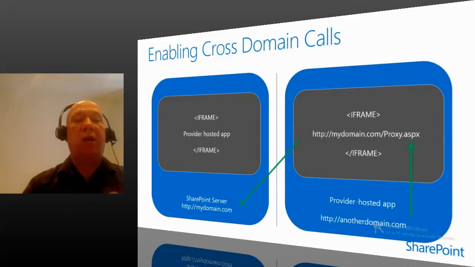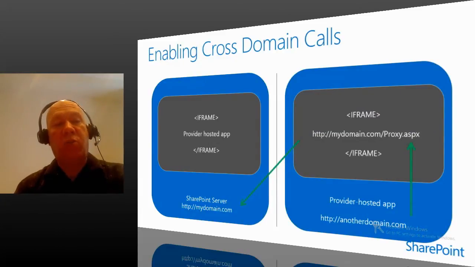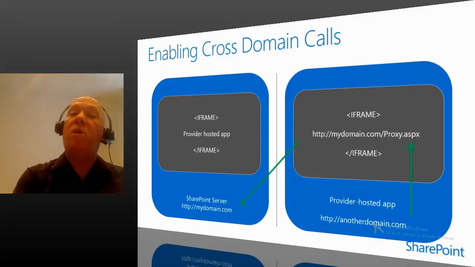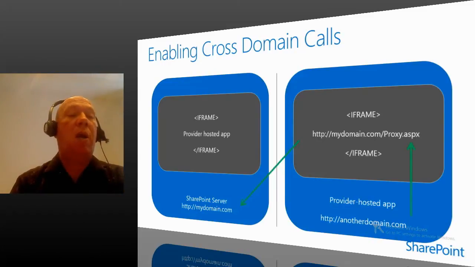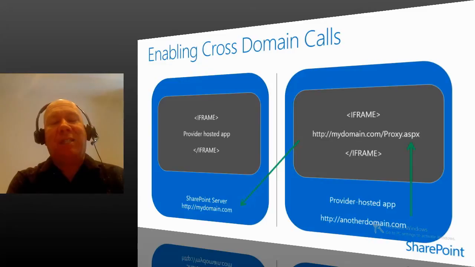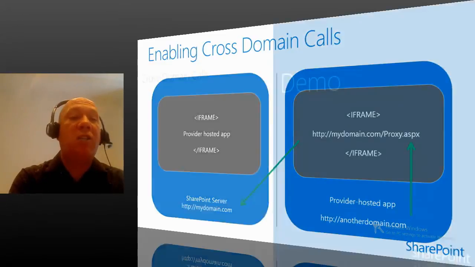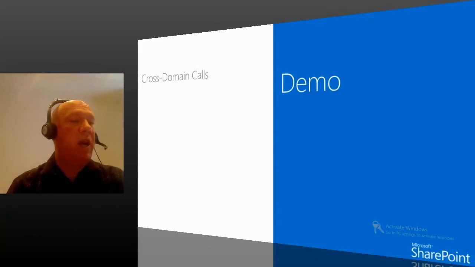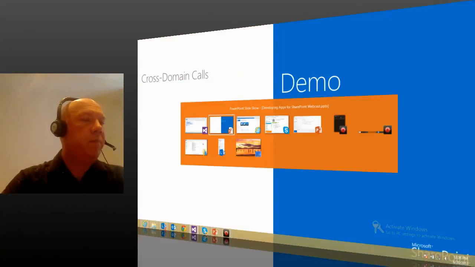And then you'll get the result back into the proxy, and the proxy will pass it back to you. So by going through this proxy page, you have the ability to avoid the cross-domain problems. So a nice, simple mechanism for accomplishing this. As I said, elegant. Your first instinct might very well be, this isn't nice, but it works, and it's nicely automatic. So just so you can see what it looks like, let's pop open